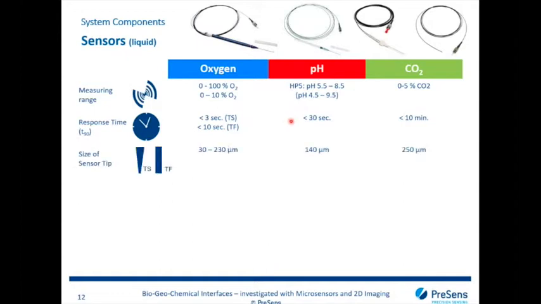As I just mentioned, there's two different builds of the microsensors. So on the one hand, we got the so-called TS sensor, which stands for tapered sensor tip, meaning the tip of the sensor is actually thinned out at the very end, and it can have